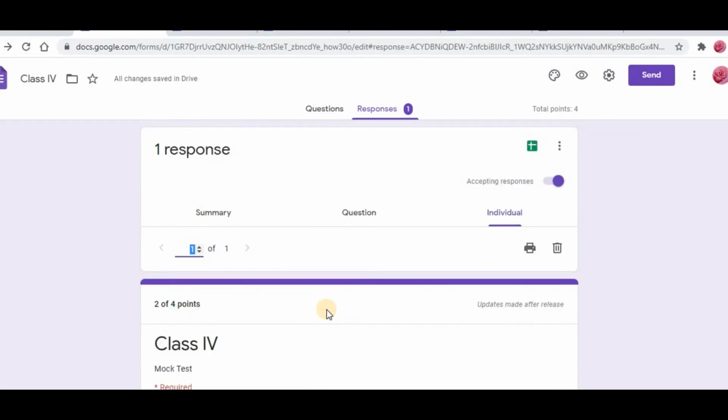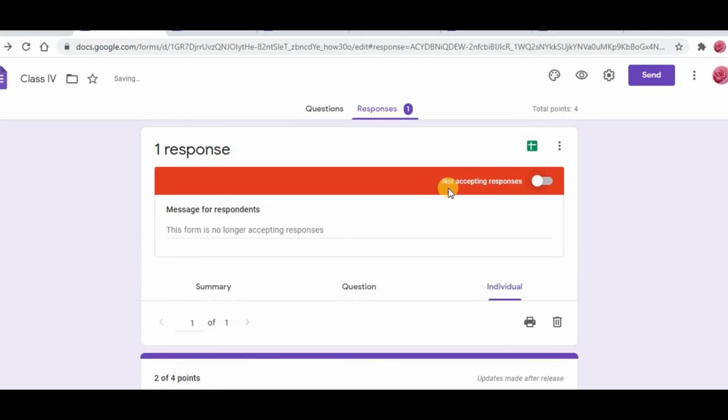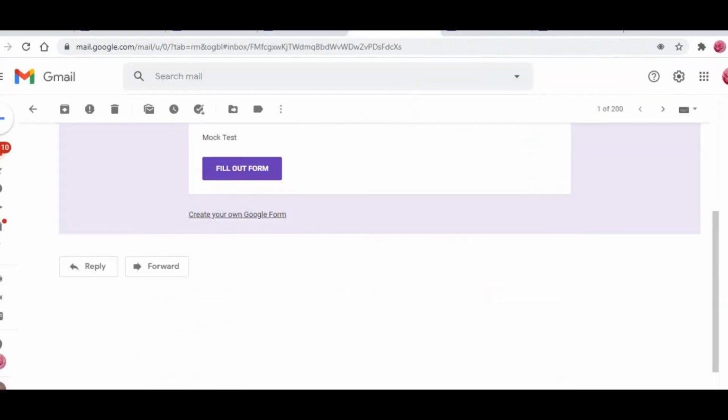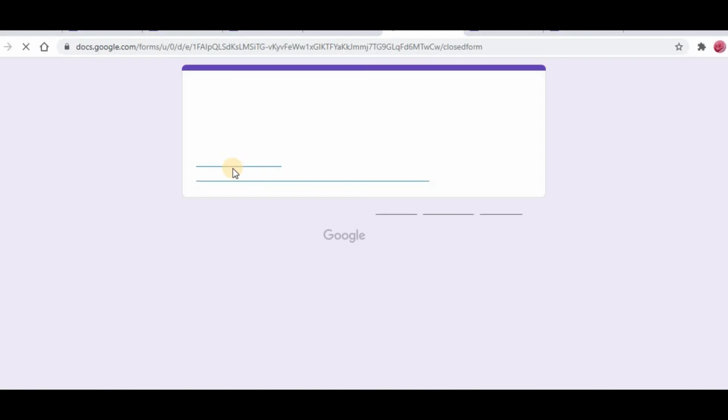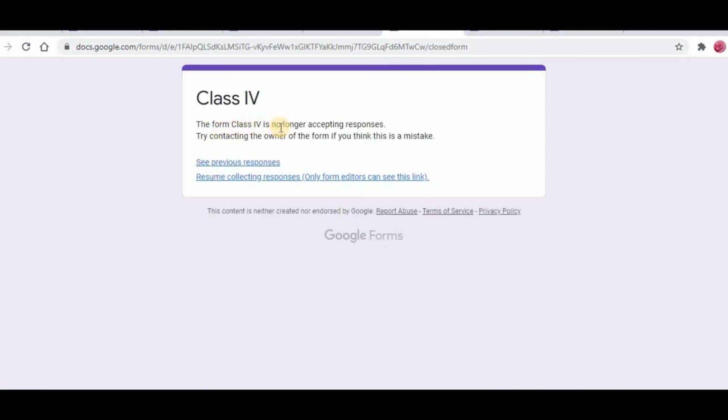So it means the teacher, or the person who created the test, can check in responses. And one more thing, here accepting responses is there. If you just touch this to turn it off, not accepting responses, now what will happen is, whatever form you sent to them, when you touch that, it is not going at all, even though they open it, they are unable to open it. See here, I'll show you from here. I'll touch this one, it will never load, because I said do not accept the form, because I said time is completed. See here, the form is no longer accepting responses, automatically it will show.